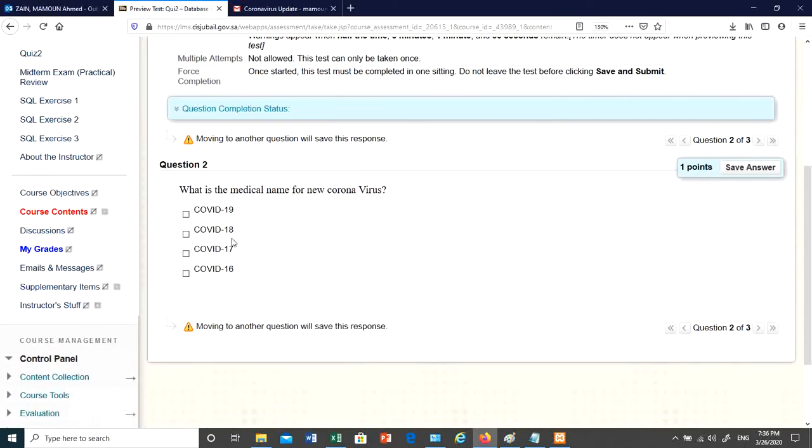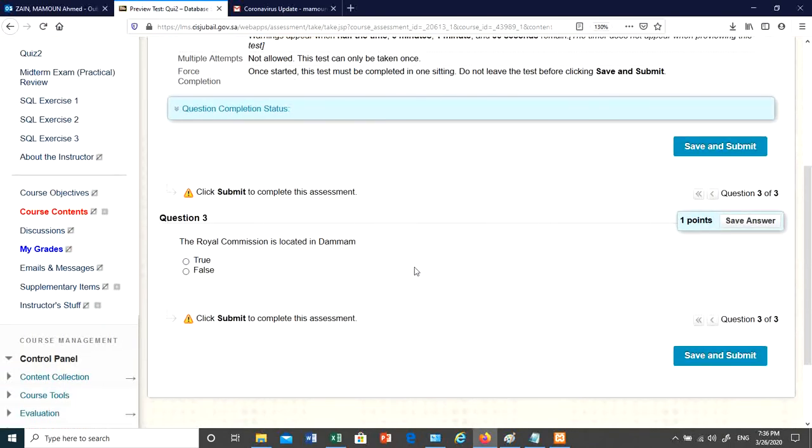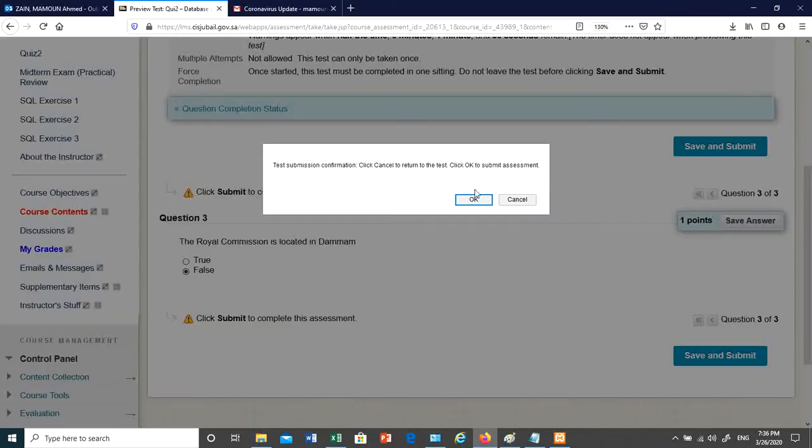He will see the next question: what is the medical name for coronavirus? So it is COVID-19. And then next, I have 3 questions. The last question was a true or false question. The Royal Commission is located in Dammam. False. And then after the last question is answered, the student will click on save and submit,